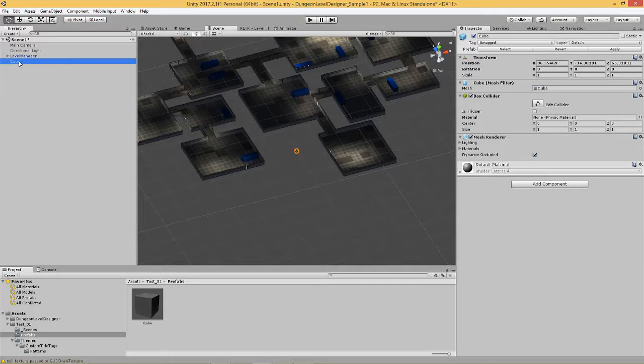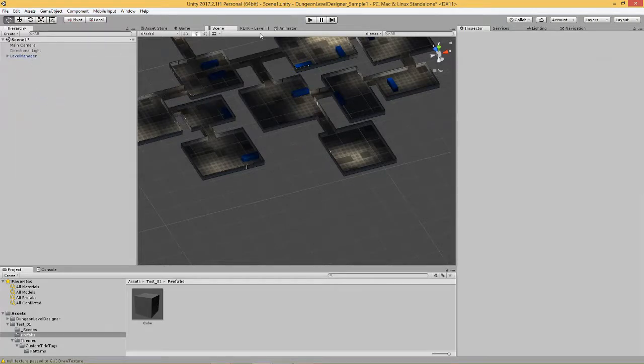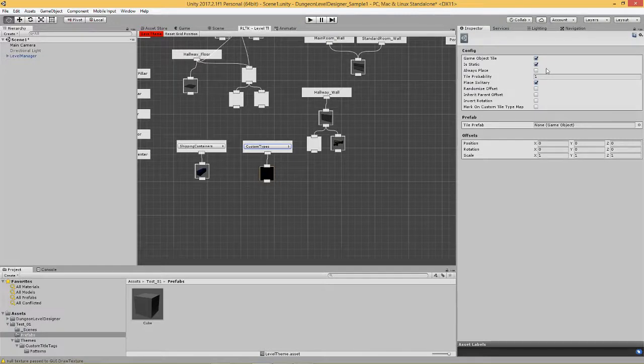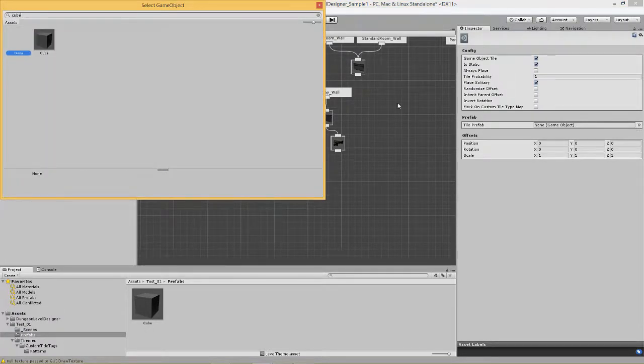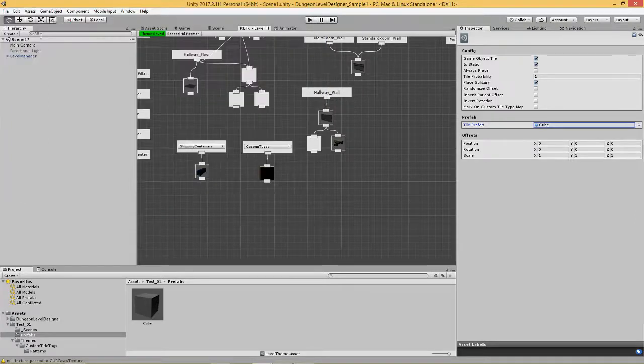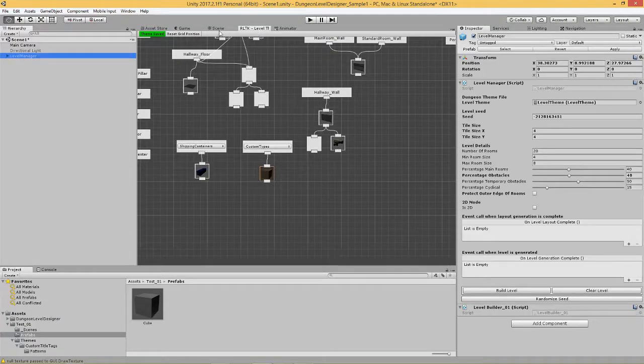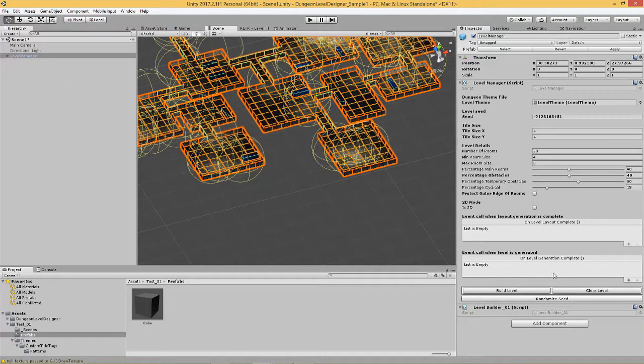I'll delete it from the scene and go to my theme file and add cube. Now I want it to spawn above the container, so let's just give it a decent Y offset so that it spawns above the containers that we have. Now let's go and build,